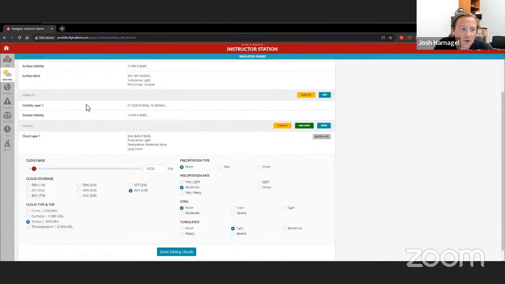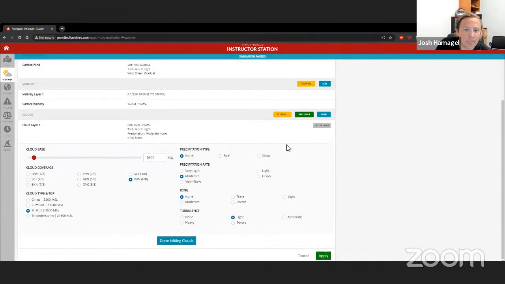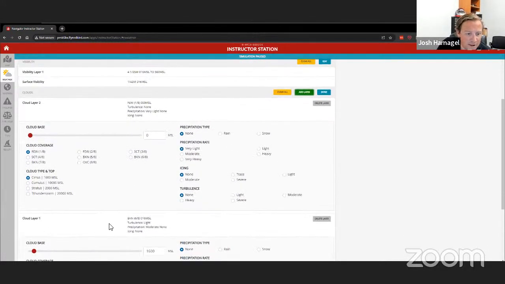So the turbulence on the surface wind is associated only with that wind layer. It is not associated with a cloud. So you have something like clear air turbulence versus in-cloud turbulence, if that makes some sense. And if I wanted to, I can add another layer. So now I have one cloud layer here, and then I have another cloud layer. And then we'll put this one way up high, make it thin,